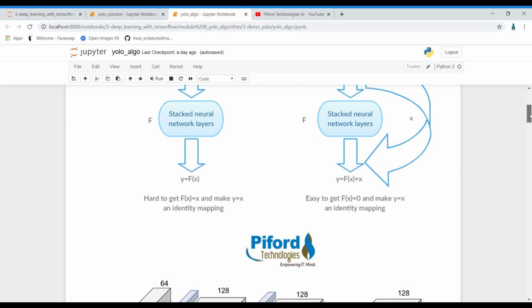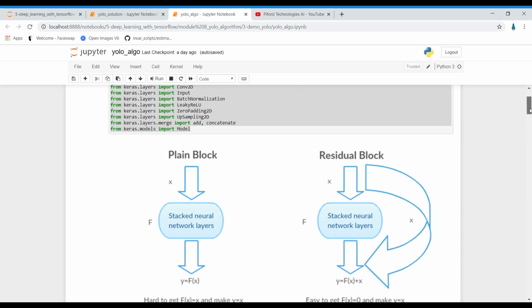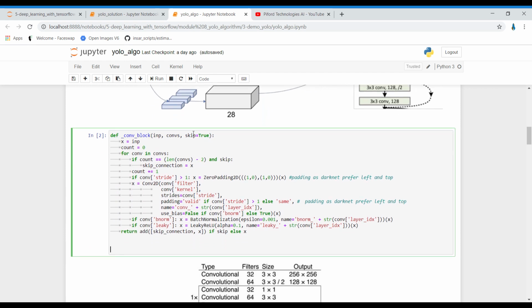So this is what this conv block contains, the convolutional block. If you see what this block is returning, we are adding x. Add is a function, and we want to perform the add operation on two variables: one is skip connection and the other is x.